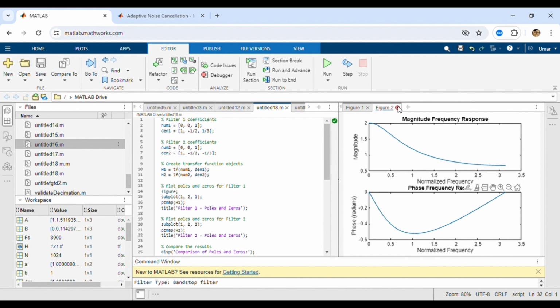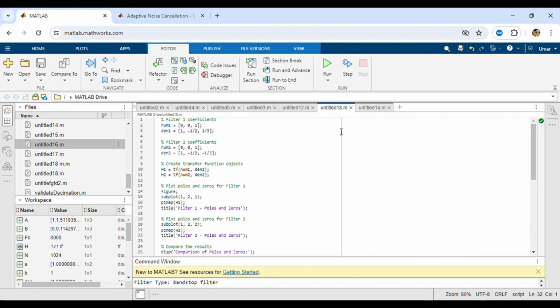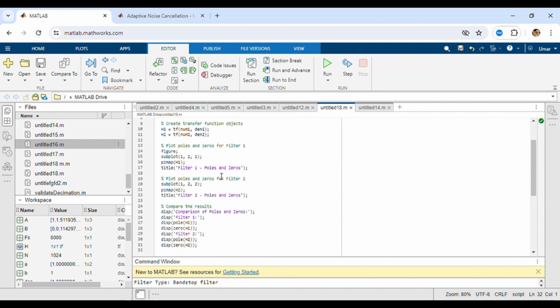In this task we are given two filters. Filter 1 has the numerator 0 0 1 and the denominator 1, minus 1/2, 1/3, and the second filter is given respectively. First we are calculating the transfer function of both of these filters, then we are plotting the poles and zeros for these filters, and then we are comparing the results of both of these filters. So when we run the code,